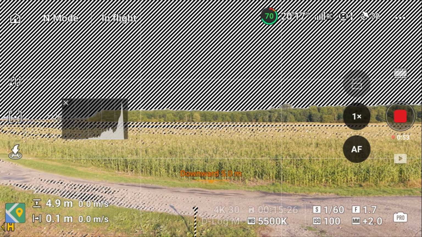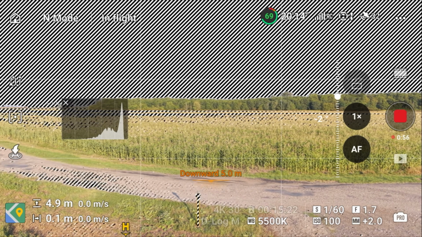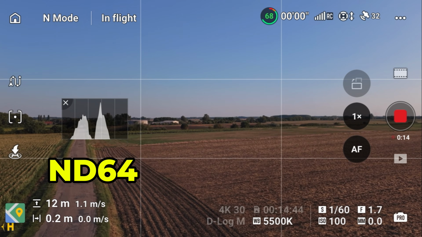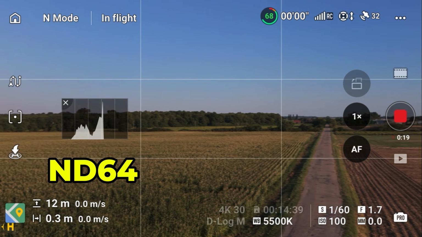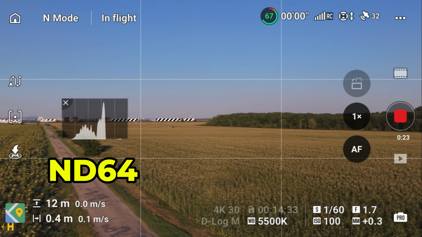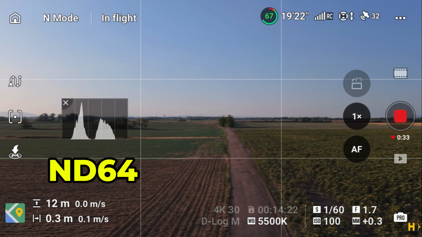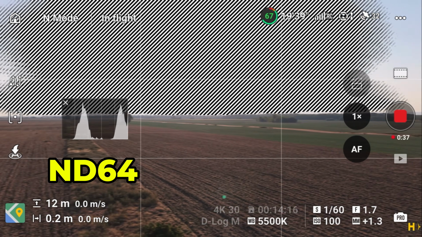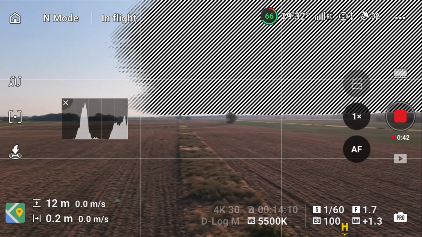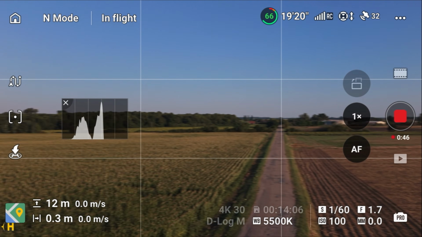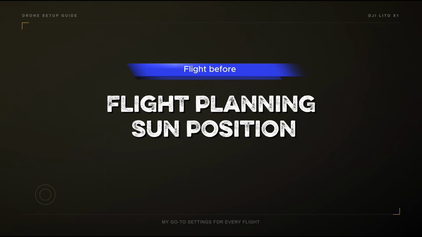Now I'll put on a stronger ND filter, ND64 to be exact. In this case, you can already see right away that it's significantly better. The white stripes on the screen now only show up when the camera is pointed directly into the sun. I think we can move on to the next section of settings, planning your flight based on time and sun